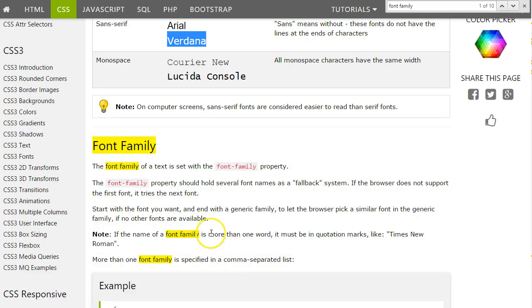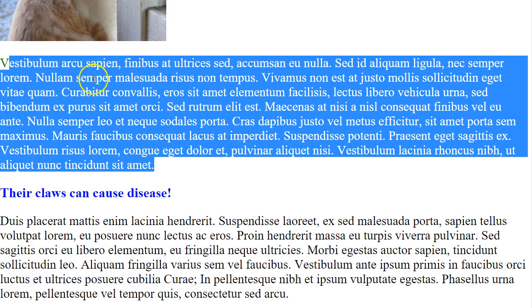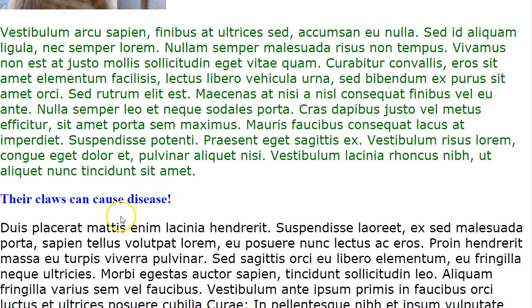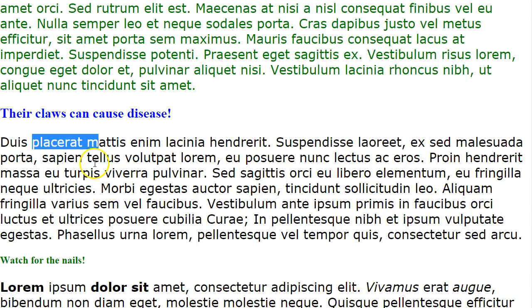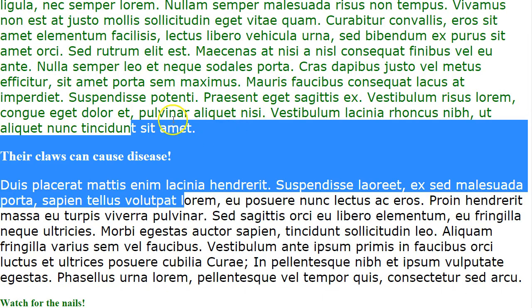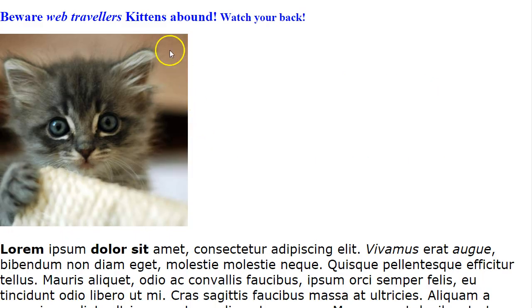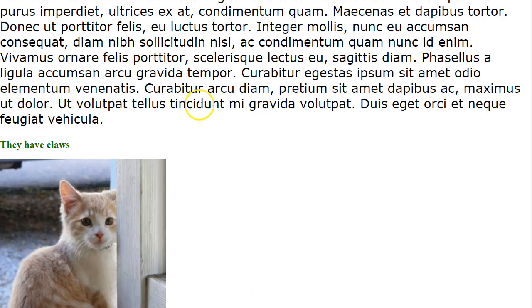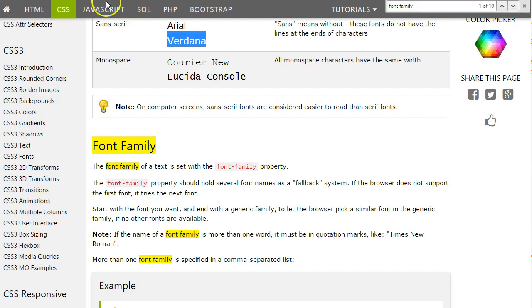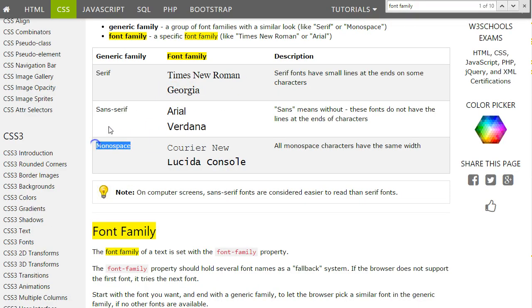Now, if we did anything, in fact, I don't know what the default is, but if we did, we should see a difference. And I actually do see a difference. It's kind of hard to see, but there is a difference there. So now you know what that means. We can do this with the blue, with the red text, with H1s, H2s. So why don't we go, and I want to see you guys throw in monospace and Courier New, then monospace